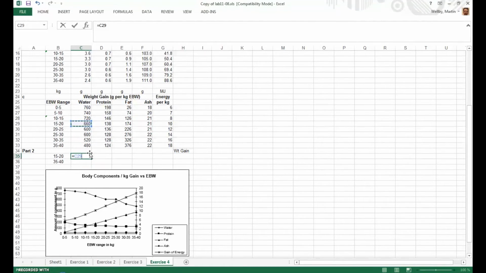So if we divide that number by the 10, I'll lock onto that there, and I can now copy that across, and I can do the same here, equals that number there divided by 18 megajoules,